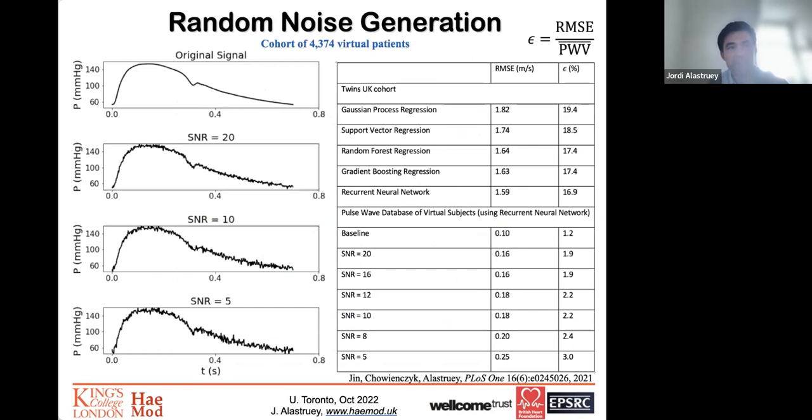Now, how did we use the in silico data? So the in silico pulse wave data set allowed us to examine the machine learning models with an exact theoretical reference value of the carotid femoral pulse wave velocity for each virtual subject. And it also enabled us to investigate the effect on the estimated values of pulse wave velocity of adding noise to the radial pressure waveform, so that's the input signal, and to do that in a controlled way, so different